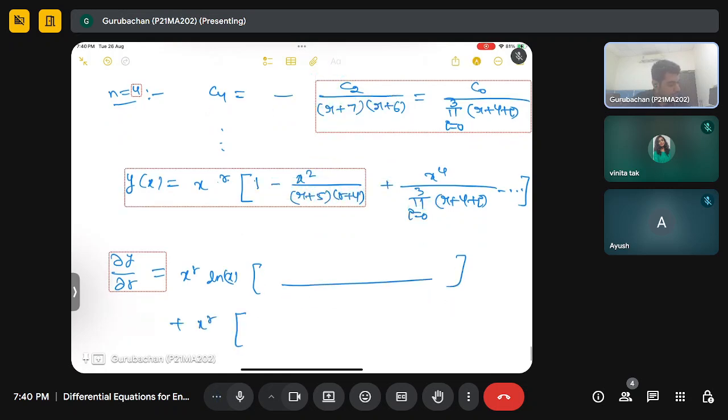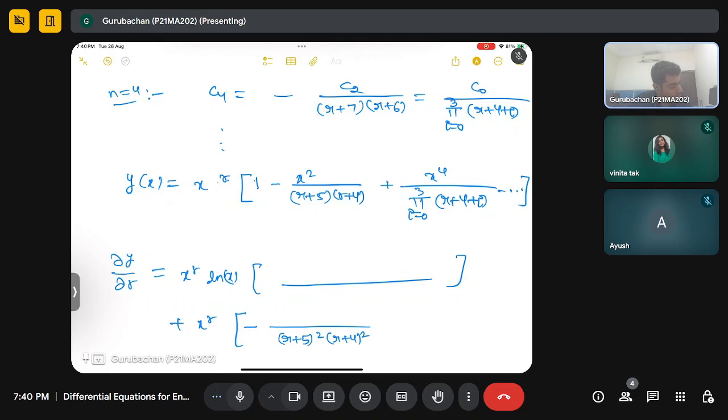You will differentiate this minus, so this will give you r plus 5 whole square, r plus 4 whole square into the differentiation of this r plus 5 and r plus 4, which will give you r plus 4 plus r plus 5, that is 2r plus 9 x square